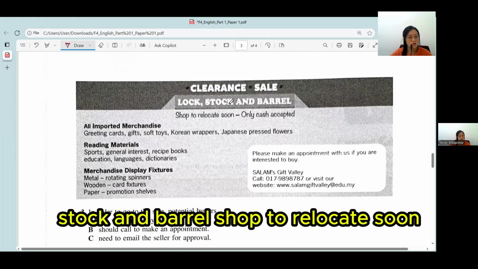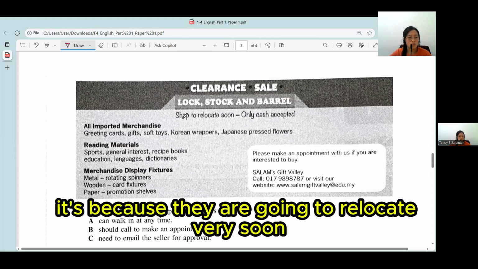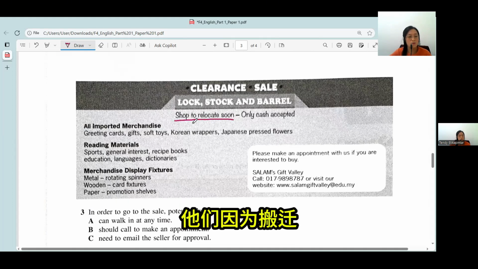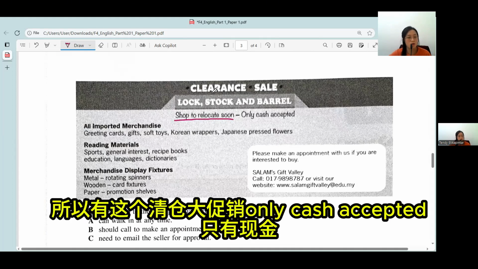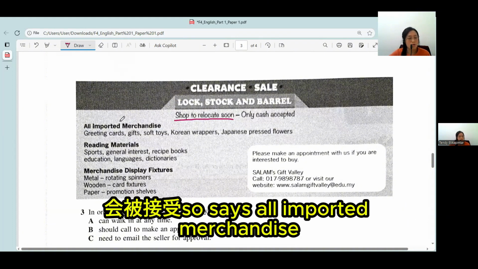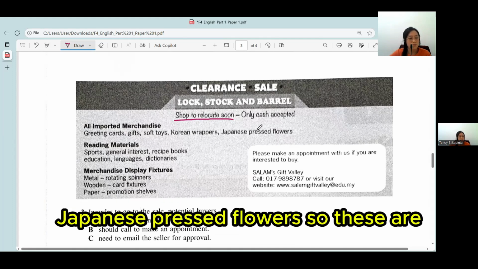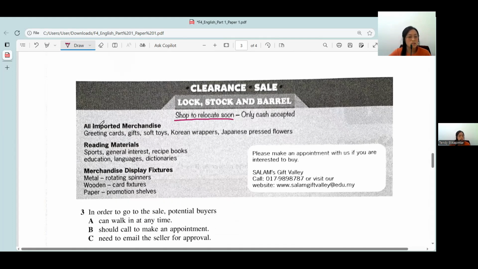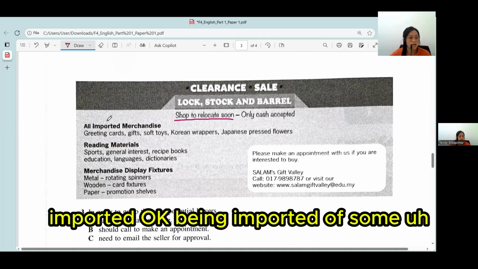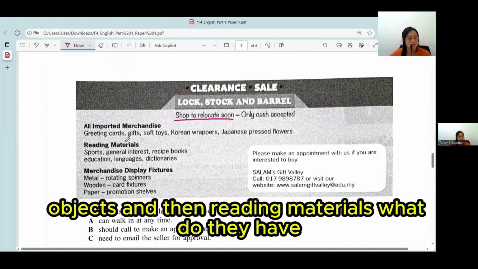Clearance sale. Lock, stock and barrel. Shop to relocate soon. So they have this clearance sale. It's because they are going to relocate very soon. 他们因为搬迁，所以有这个清仓大促销。Only cash accepted. 只有现金会被接受。So it says all imported merchandise, greeting cards, gifts, soft toys, Korean wrappers, Japanese pressed flowers. So 这些是被进口的一些物件。